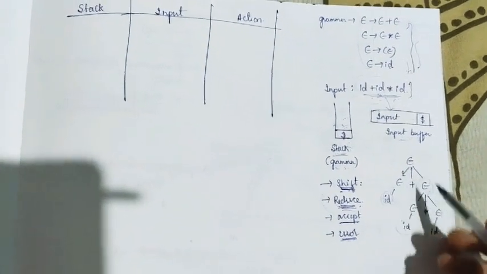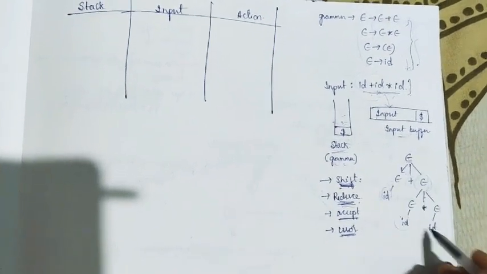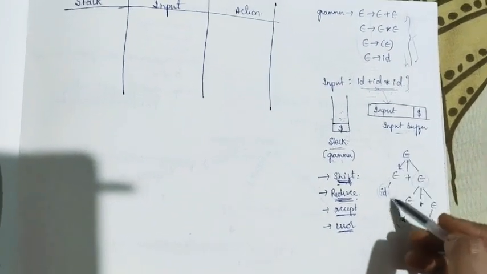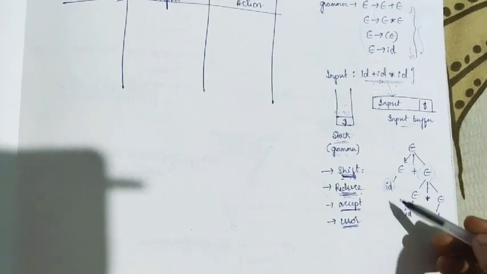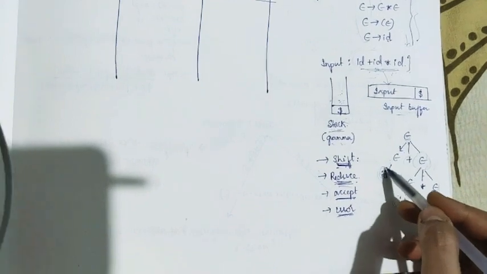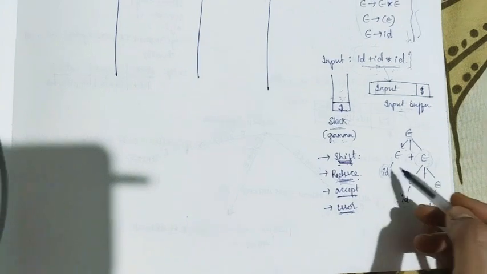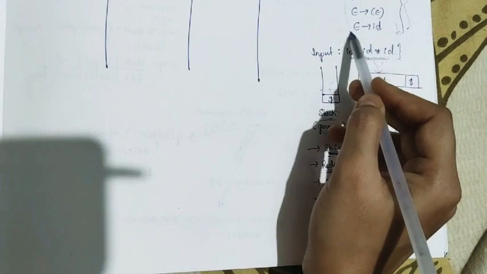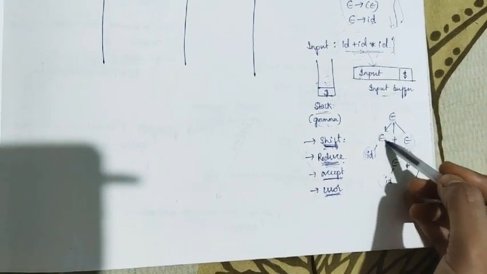So we have already seen some top down parsers. In a top down parser, we start from the root, and starting from the root we go on deriving until we obtain the terminals, right? In a bottom up parser, what happens, we start from a terminal. So suppose I have obtained this ID, a terminal ID, I see if I can obtain a start symbol from this ID. Obviously I can, because I have a production E produces ID. So from this ID we are obtaining the start symbol E.